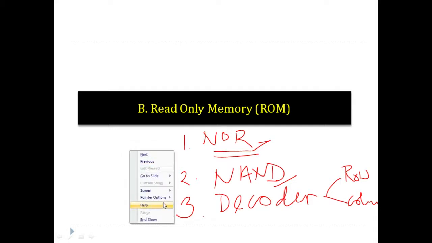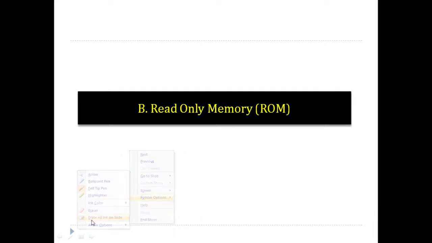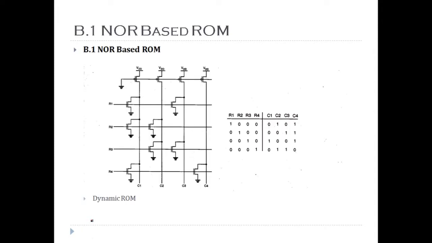So let's start our discussion with the NOR based ROM. As we know, ROM is the type of memory in which we store data only once. And the type of ROM we are discussing here is a mask ROM. It cannot be programmed by the user. So the data is stored in the memory only once during the fabrication process. So NOR-based ROM, if you look at this truth table first,